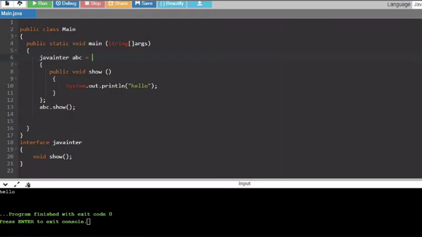After removing this, we will use an arrow here. Then this is also not required because public void show is the only method given below. So we will remove that. Then this is the body, so we require this body. Since it is a single line, we don't require any brackets. And this or this apostrophe. Now here we need to give bracket as